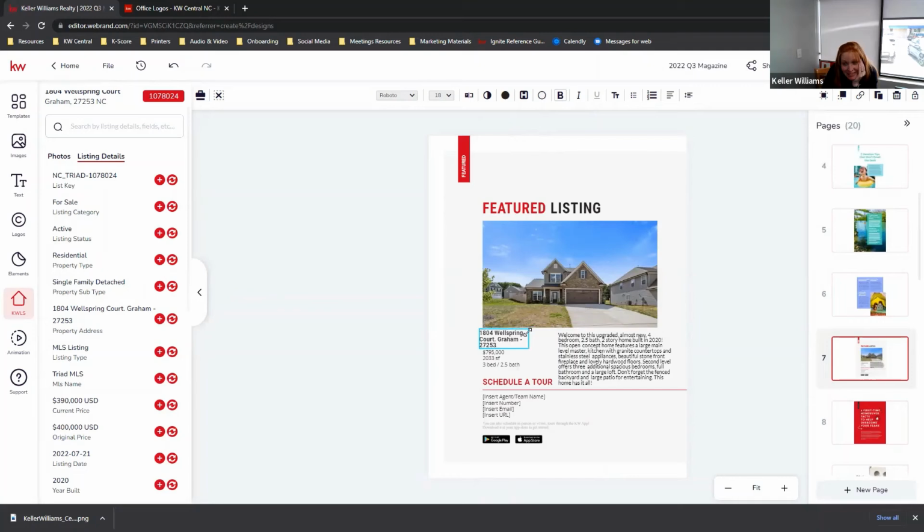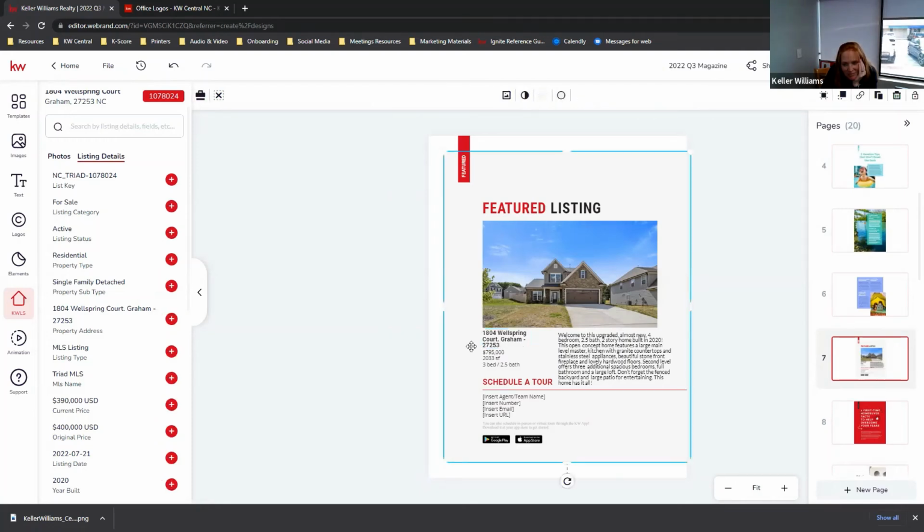So yes, if you ahead of time select what you want, you may want to kill the Graham 27253 parts to just kind of leave the address a little bit bigger. See, there you go. Which is a good thing. Unless they're smart enough, if you start searching that address, obviously you're going to find it.